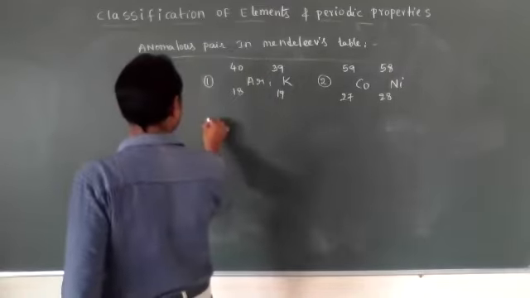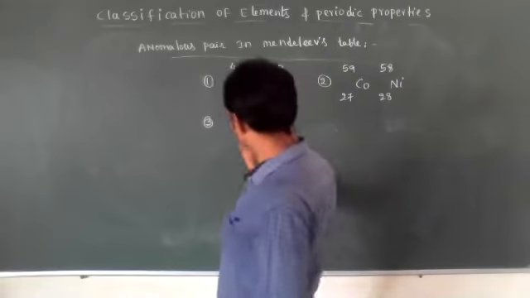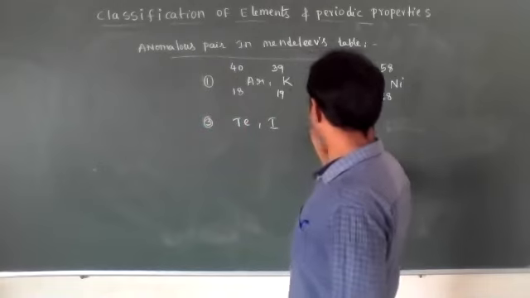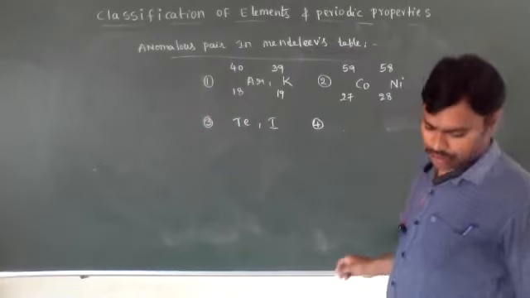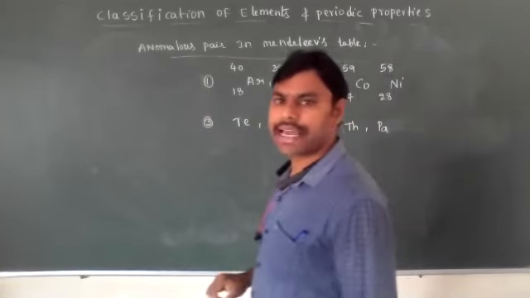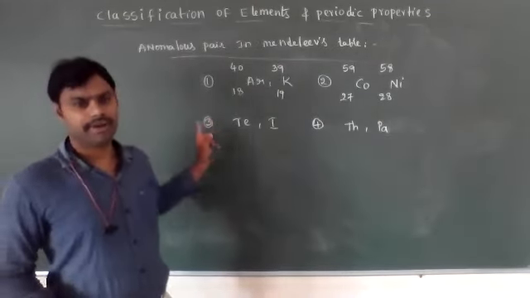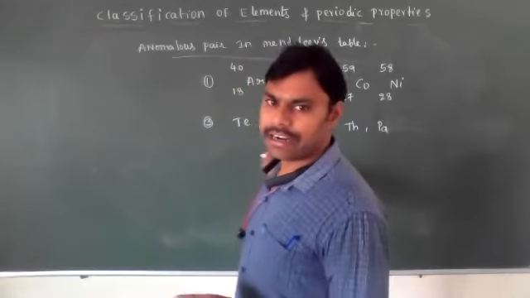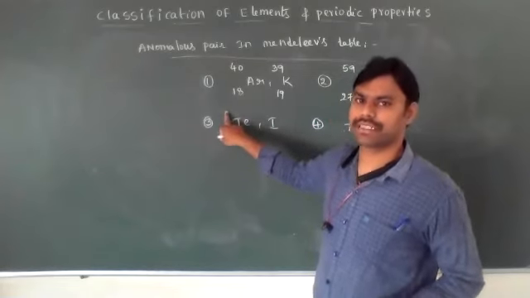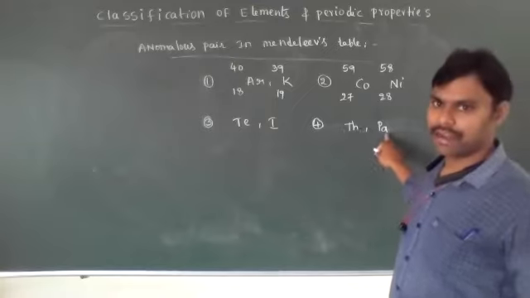Next, the third one is tellurium and iodine. The fourth one is thorium and protactinium. These 4 pairs we have to remember directly. Compare tellurium and iodine: iodine's atomic number, its Z value, is more compared to tellurium, but tellurium has more atomic weight. In the same way thorium and protactinium: if you compare, protactinium has